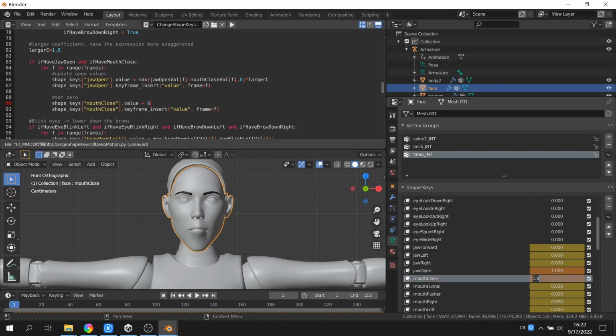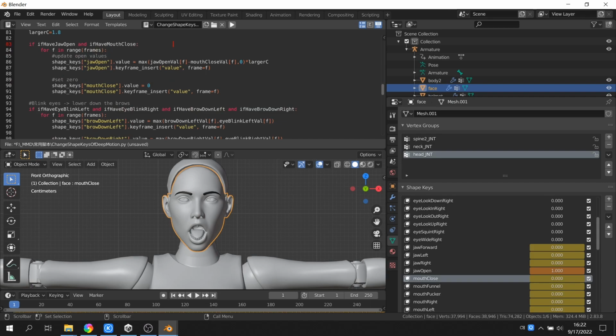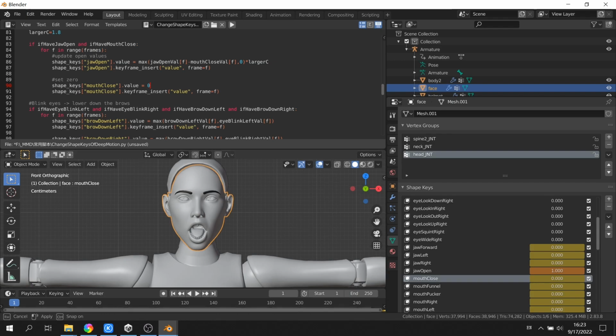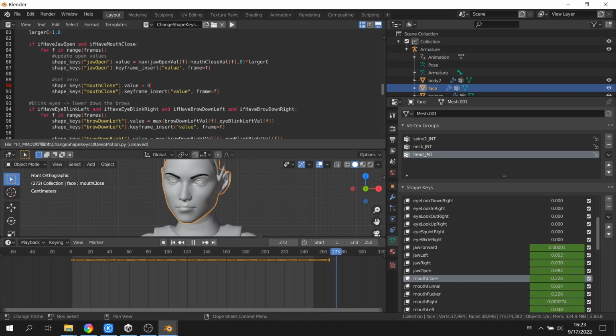The below codes move down the eyebrows when the character closes his or her eyes. Remember to select the human face, then we can click the play button or use Alt+P to run the script. It will modify the shape keys to MMD format. Oops, we need to set the end frame to the right place.